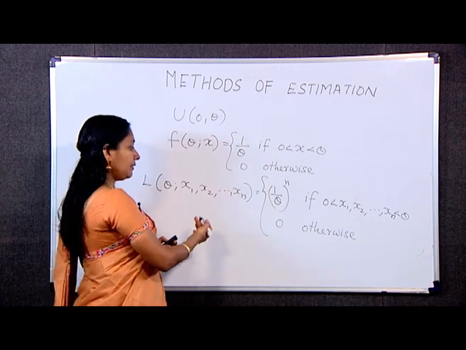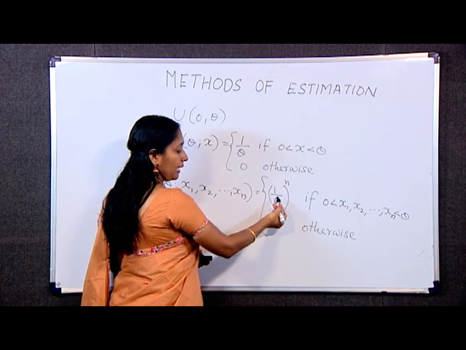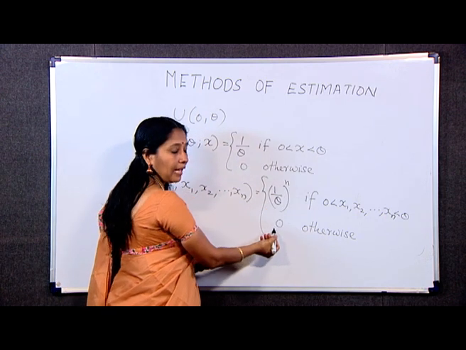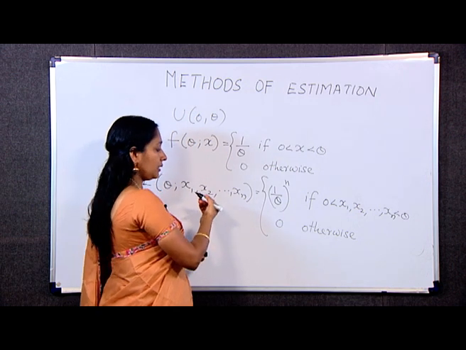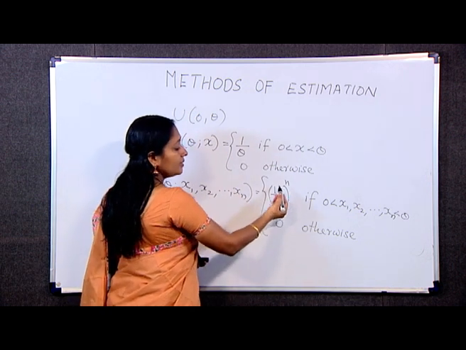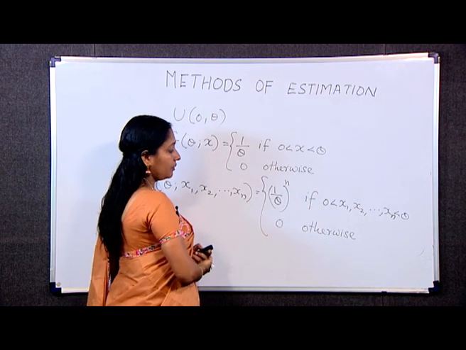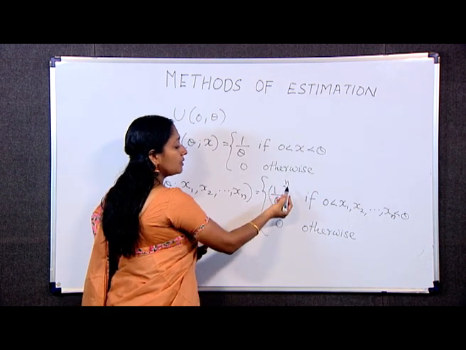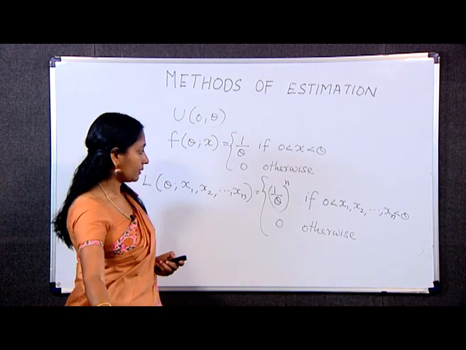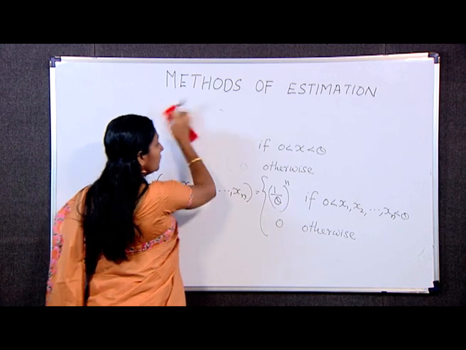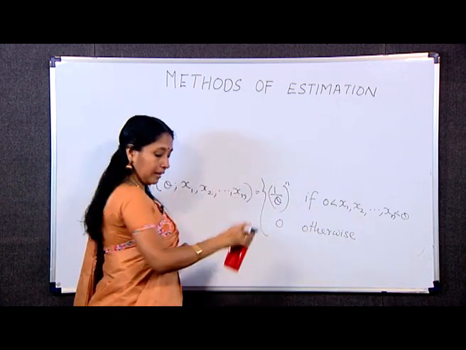You can see that the likelihood function takes only two values, 1 by theta raised to n and 0. So, the maximum value of the likelihood function is 1 by theta raised to n. The maximum of this function occurs when theta is minimum. Therefore, the likelihood function can be written as